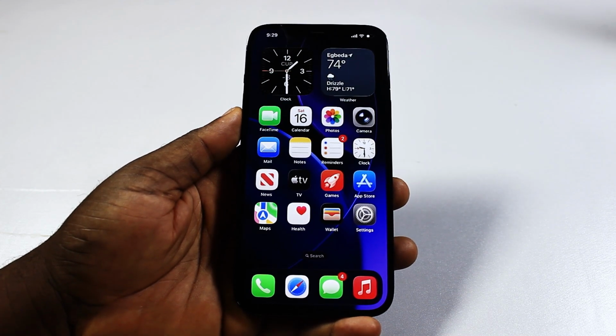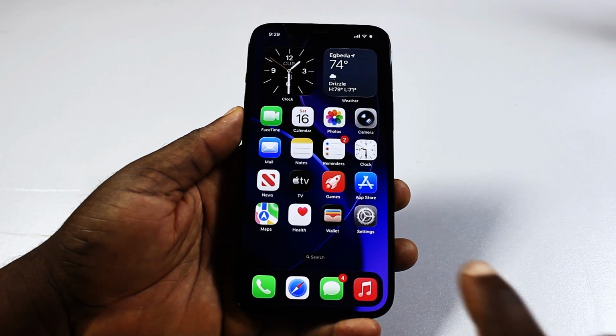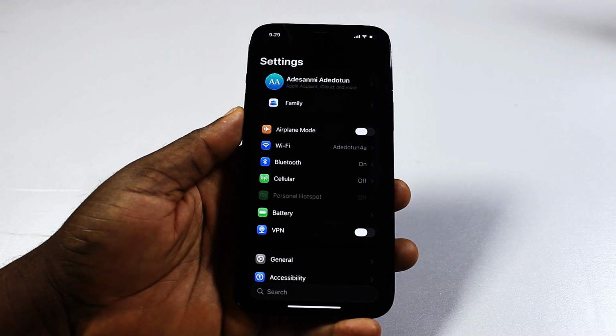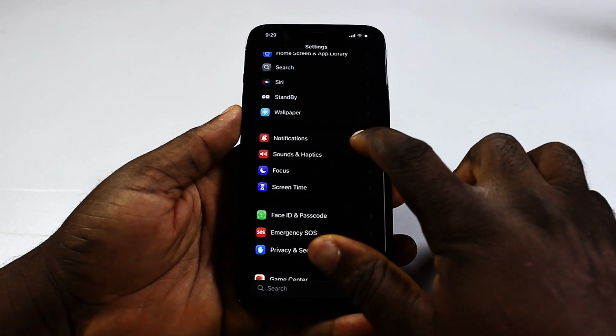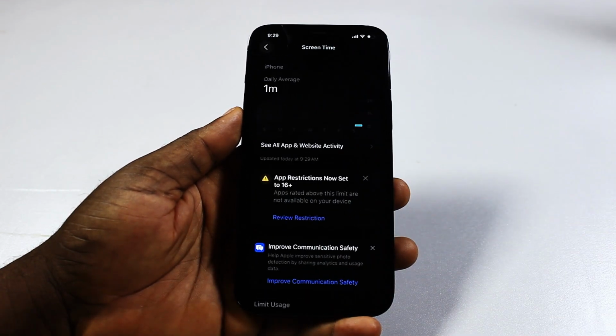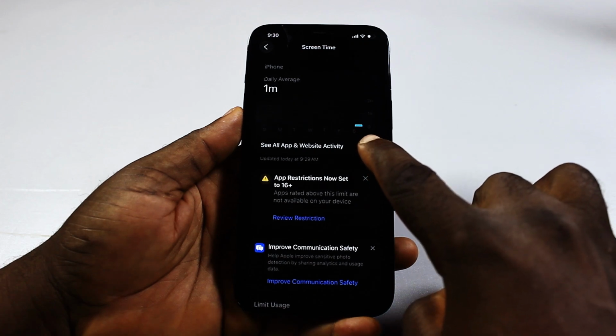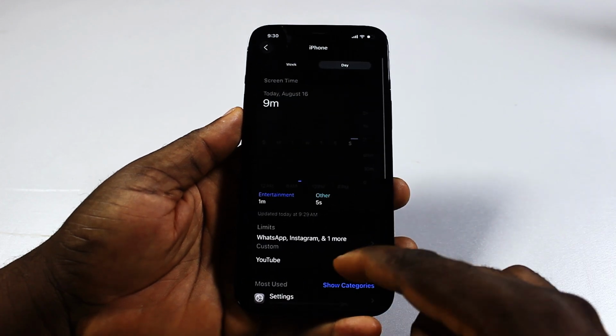Now, to reset screen time on an iPhone, all you need to do is turn off the screen time reporting. To do this, go ahead and open the settings app. Scroll down, locate and click on screen time. Then if you click on see all app and website activity, then you should have access to your screen time